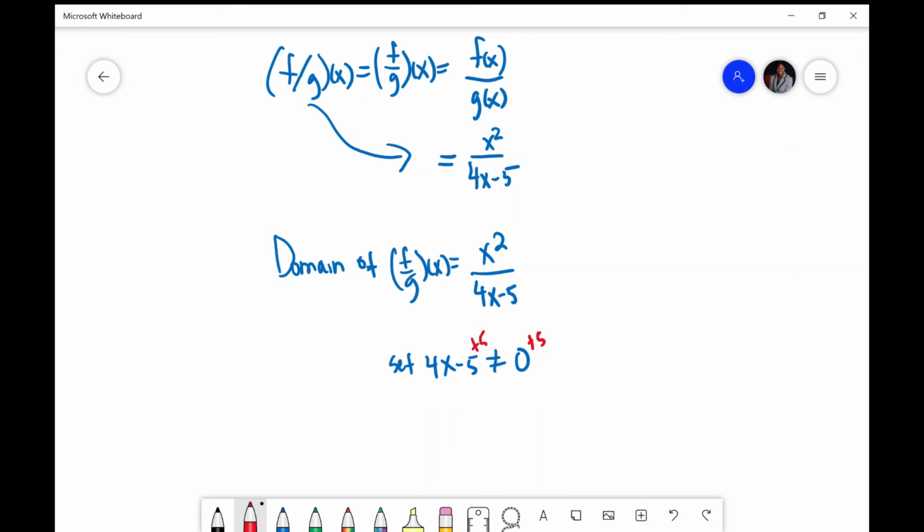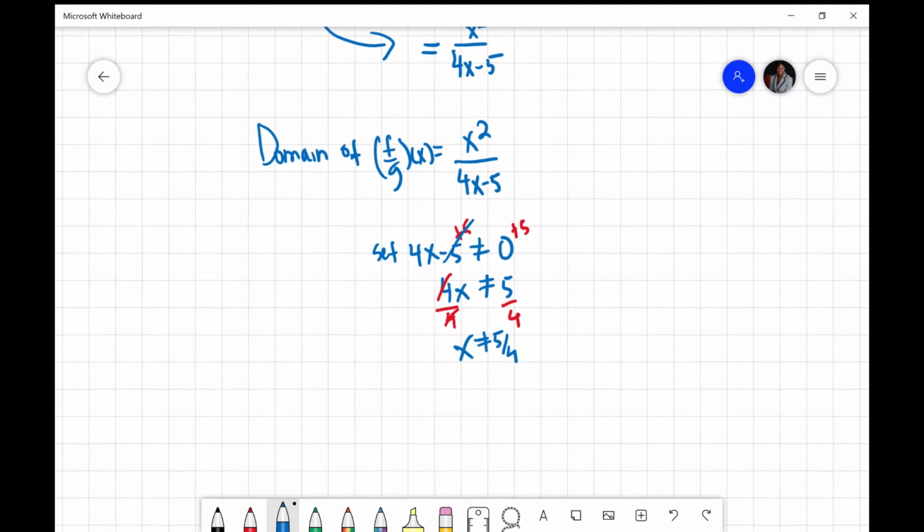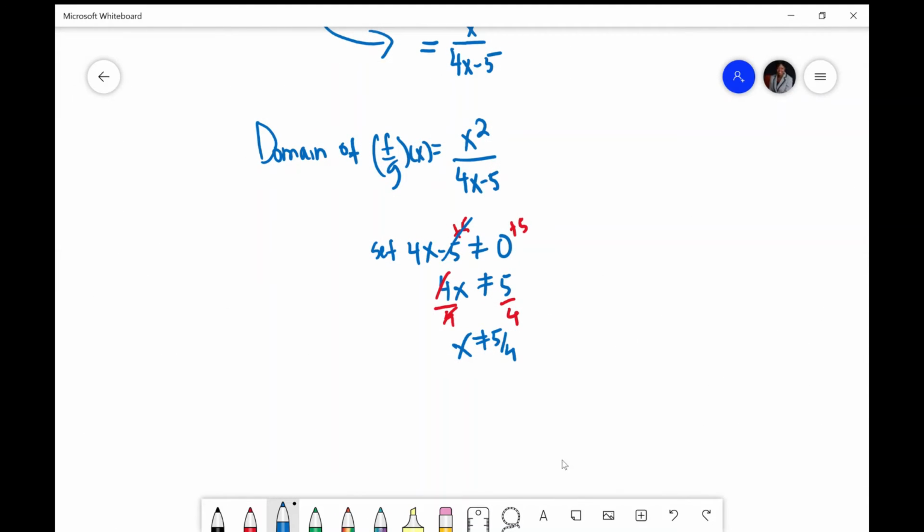So we can add 5 to both sides. That cancels out that. Then we have 4x cannot equal 5, and then we can divide by 4. So we know that we do not want our x to equal 5 over 4. So what does that mean? All real numbers except, all right, you can say all real numbers except